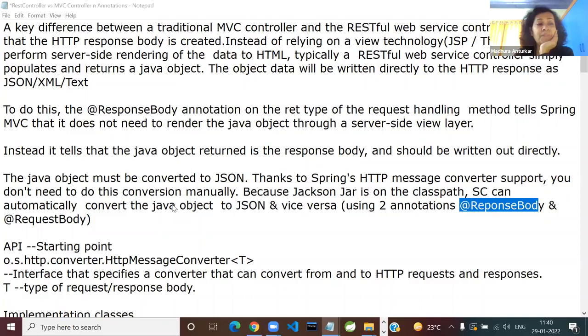Did you lose it? The answer is 10 times. On every request handling method's return type, you have to add @ResponseBody. I'm going to give you a demo in 2 minutes. I'm just preparing you. So instead of that, the Spring team, I'm not saying Spring Boot, the Spring team decided to ease your burden. So instead of adding it 10 times